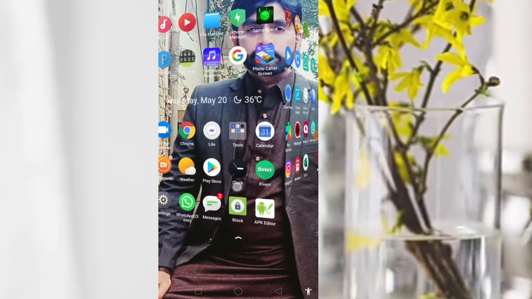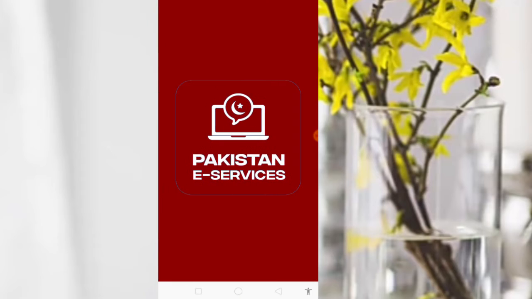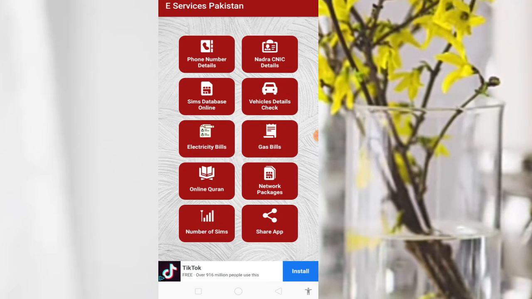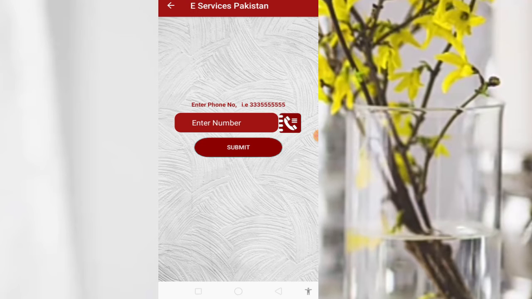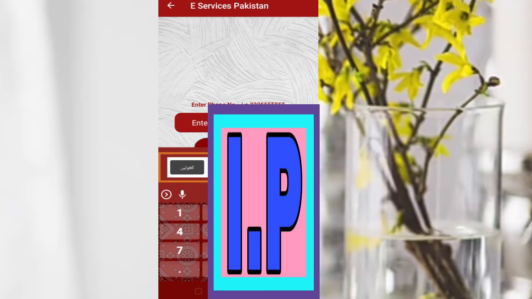After permissions the app will be installed on your mobile phone, and after installing, when you open the app, you can see this type of interface. You can see many options here. You simply click here on phone number detail and you can see the enter number and submit option. Simply type here the number whose detail you want, like